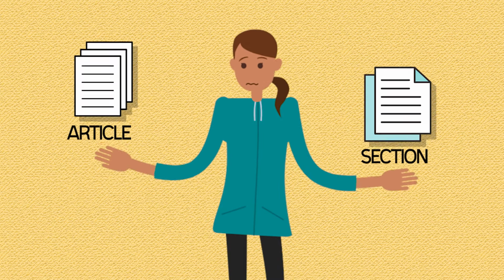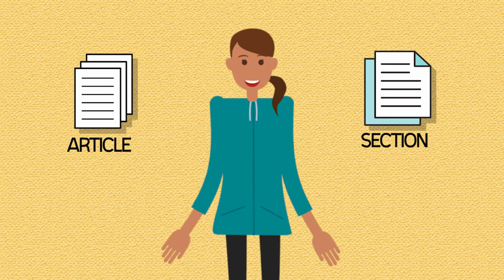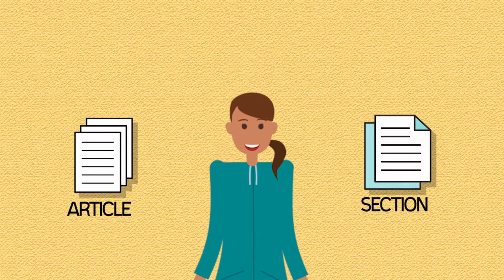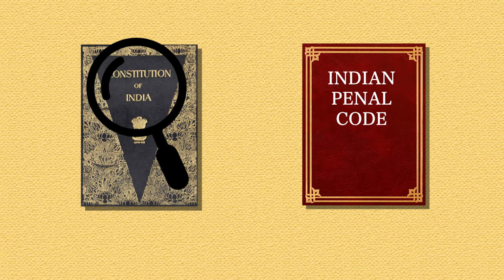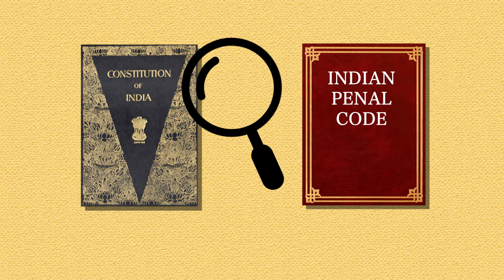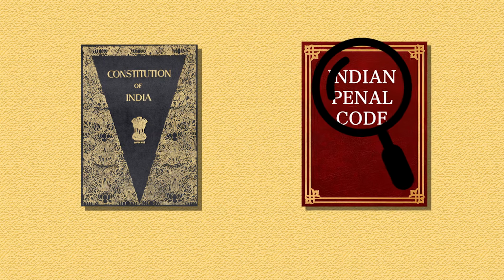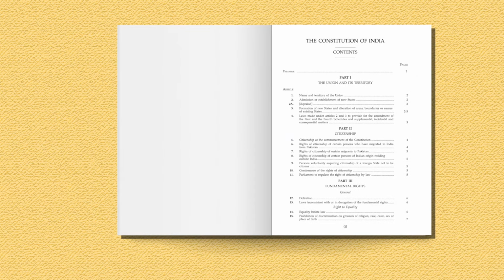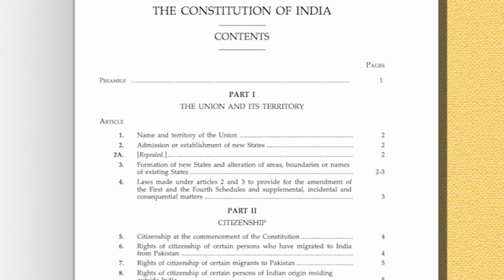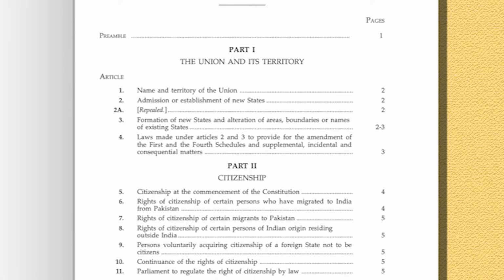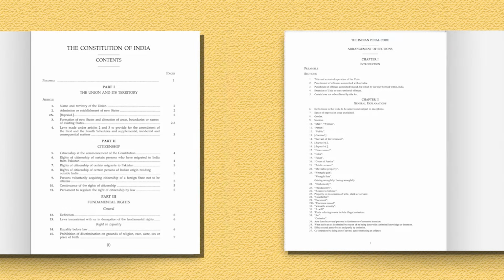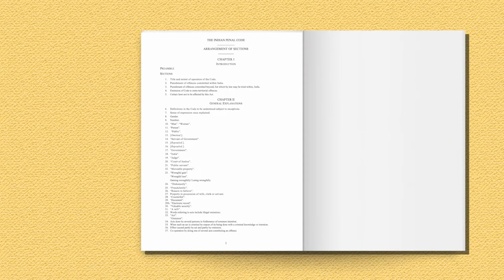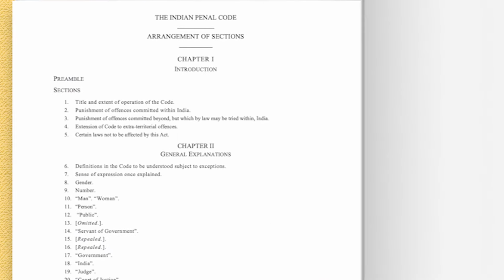So, what is the difference between an article and a section? To understand this, we will have to refer to two different legal documents. One, the Constitution of India, and two, the Indian Penal Code, which is a law. Now look at the index of the Indian Constitution. You can notice that articles are written here. And when you look at another law, which is called the Indian Penal Code, you can see that sections are